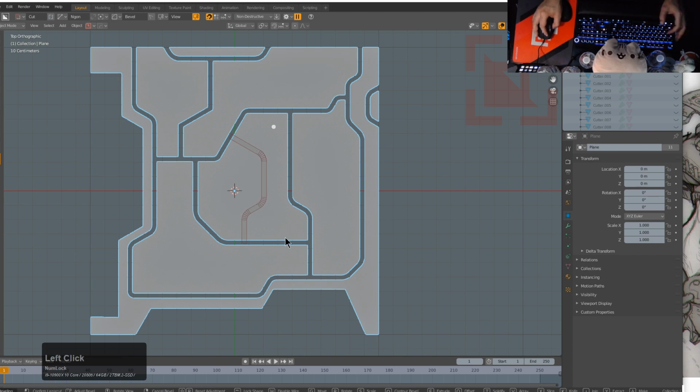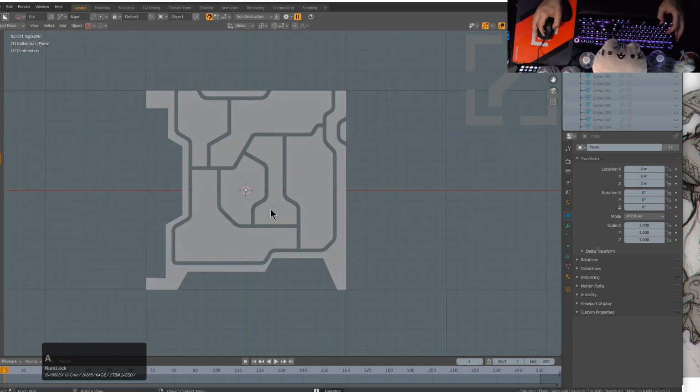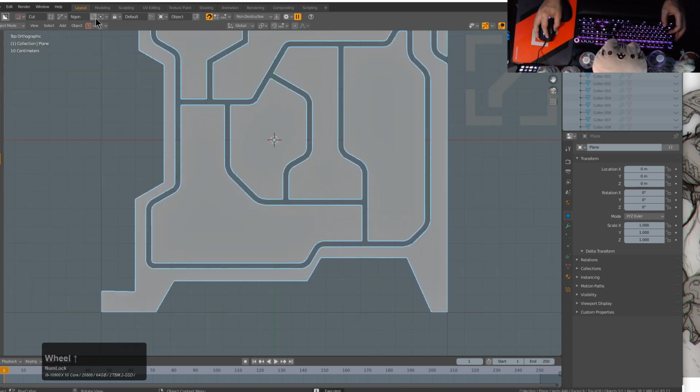But that is basically Ngon Cyclic in a nutshell, at least as far as getting started with using this particular tool. Anytime that you get tired of Ngon, you can just toggle it back off using the option in the top bar. And then we're back in regular Ngon where we can draw the traditional shapes that we know and love. But we can also toggle it back off in order to go into cyclic mode,